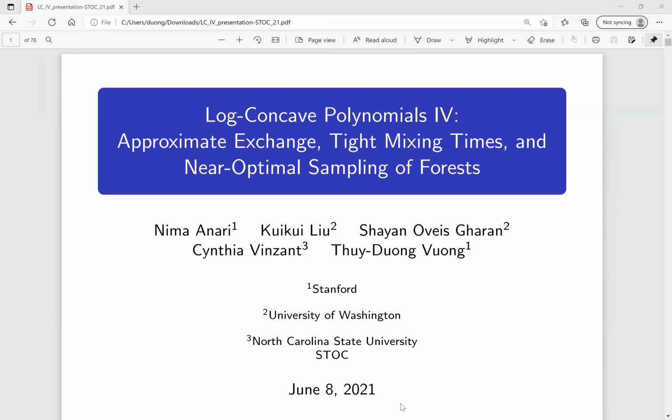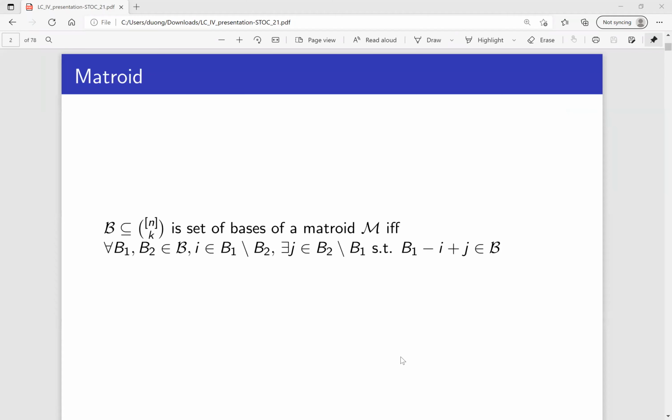A direct consequence of our result is the bound on the mixing time of the basis exchange walk on a matroid. Let's remind people about the definition of a matroid. A family of size k subsets of a ground set of size n